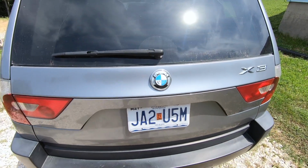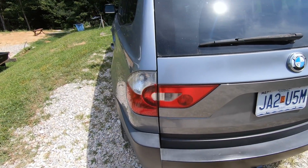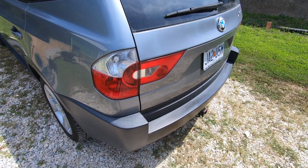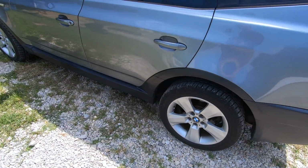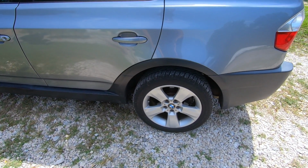It's kind of like an E46, but there are some differences. It definitely has different tail lights than anything else, ever so slightly resembling the X5, but more of an E70 X5 tail light. I would say, other than that, wear-and-tear parts,